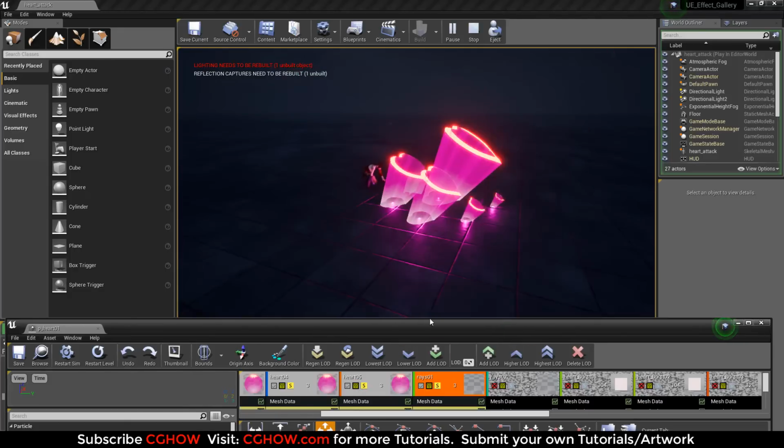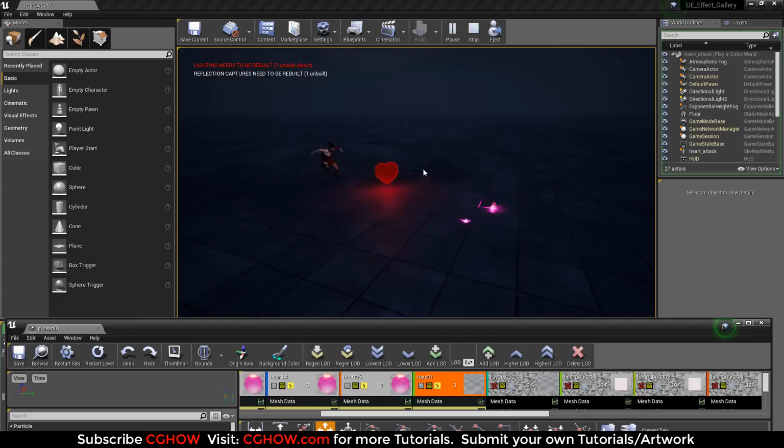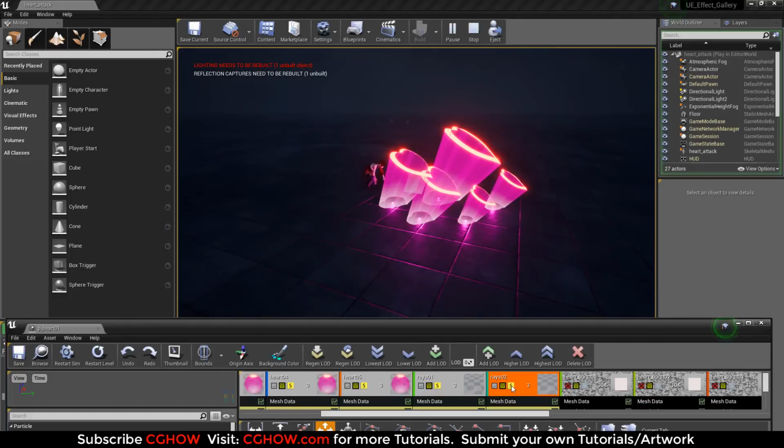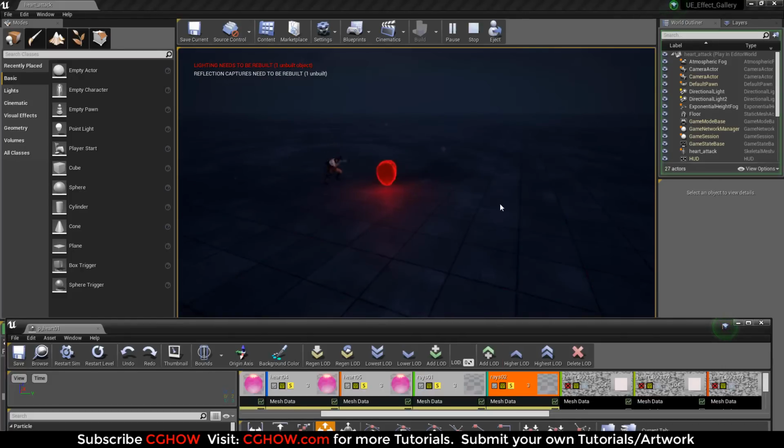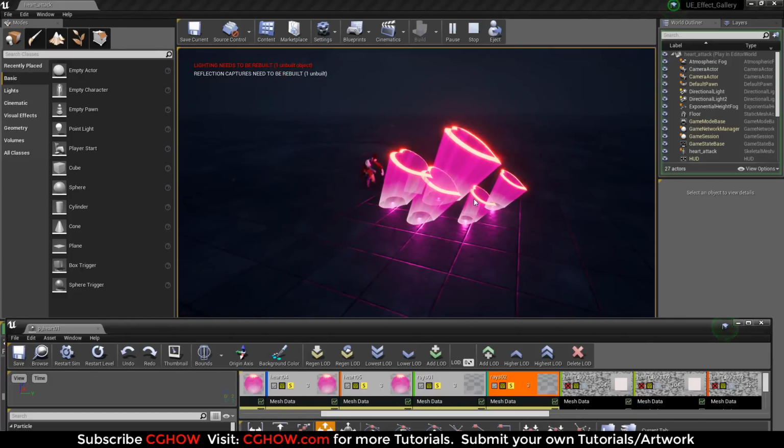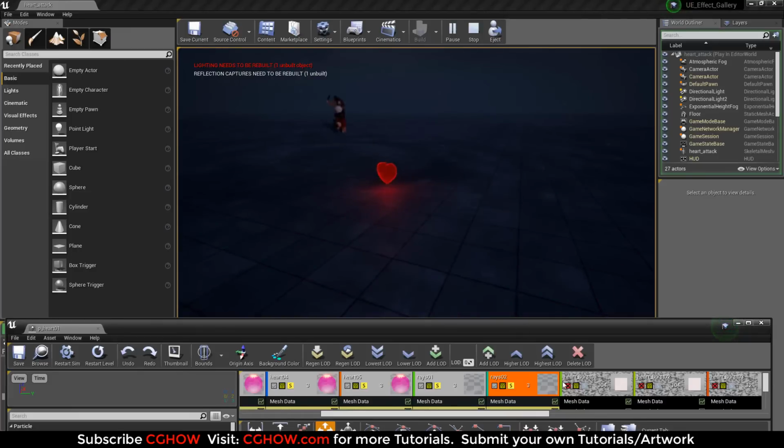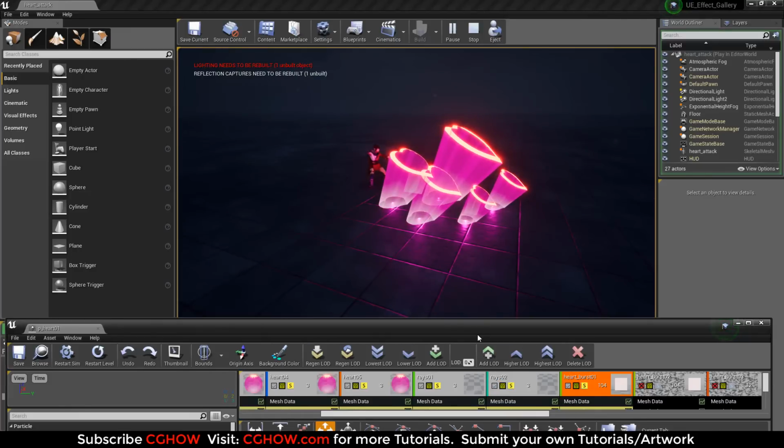Then rays, I turn on just one ray. You can see here a small ray. If I turn on the second ray, it will come here, see. Then hard burst